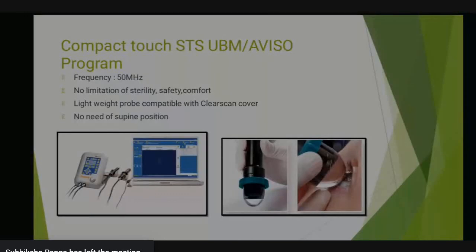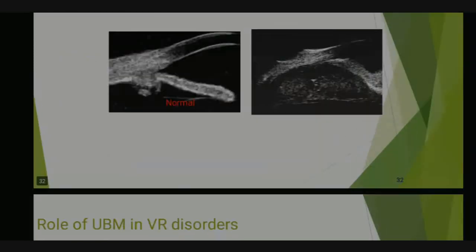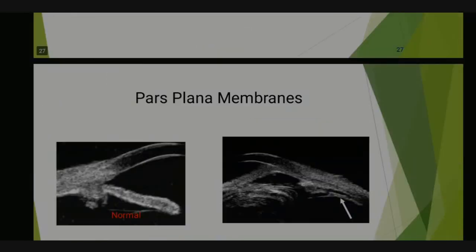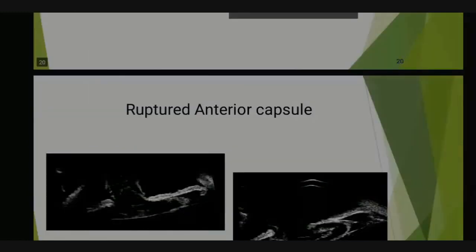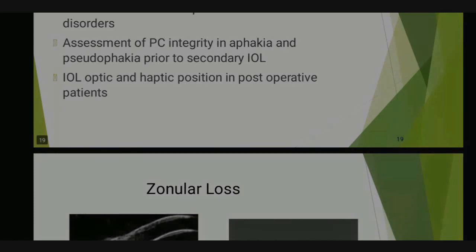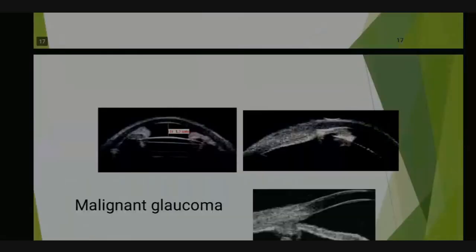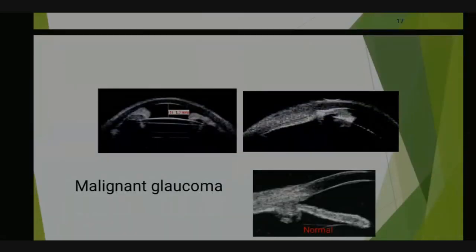We can just see whether the IOL is dislocated or not. Exact position we cannot see. Like how you want a measurement, whether it is 1 mm or 2 mm movement, how much anteriorly or posteriorly placed, we cannot measure that. We can just see whether it is centered or dislocated. That much alone we can see. Which clock hour it is decentered and how much decentered, we cannot measure.